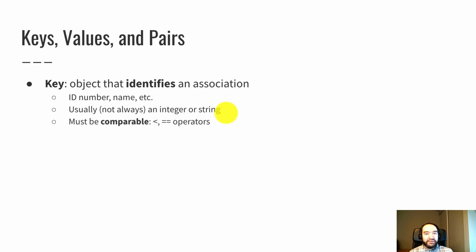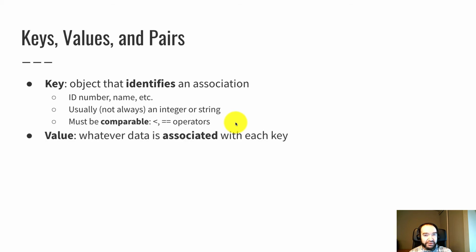The requirement for maps to work is that the key data type has to be comparable. In C++, that means that the less than and the equal operators need to be defined. So any data type that is comparable that way with a less than and an equal could serve as a key. So for example, Boolean could work, although it would be a little weird because there's only two possible Boolean values.